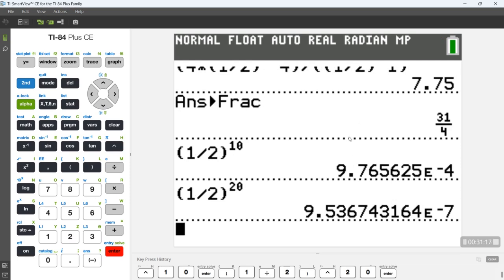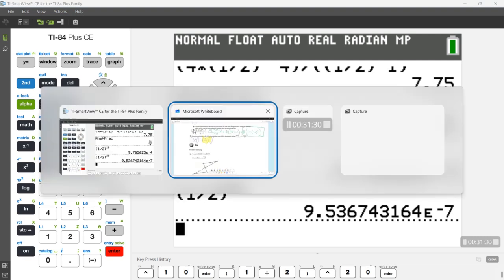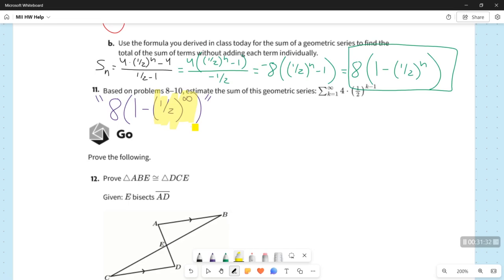So if you're not that good at reading exponential notation, this might not make sense. But as this e to the negative whatever, as the negative number increases in magnitude, your number is getting smaller because you keep multiplying by 1 half. So if you think about what's happening here,